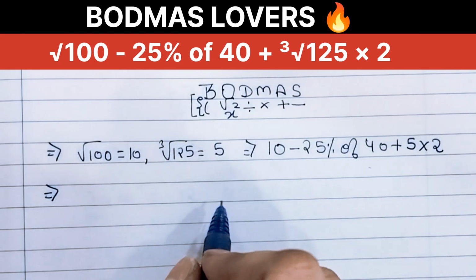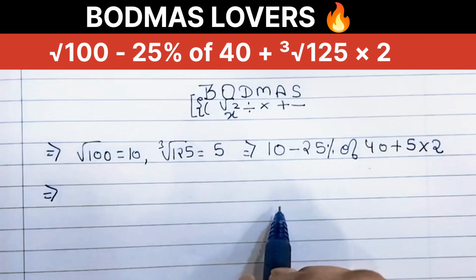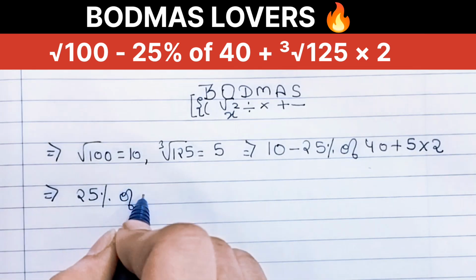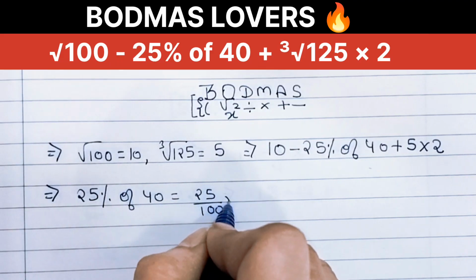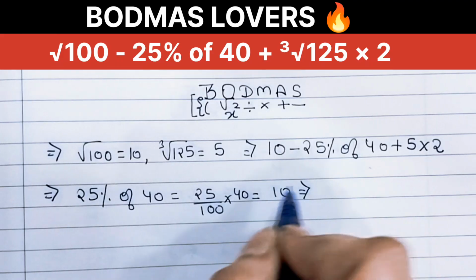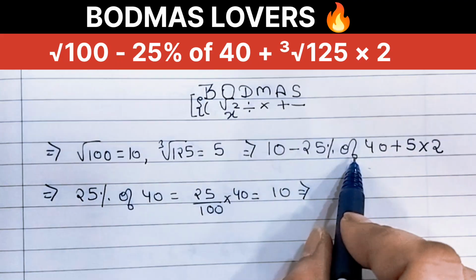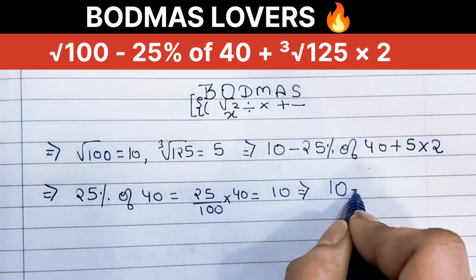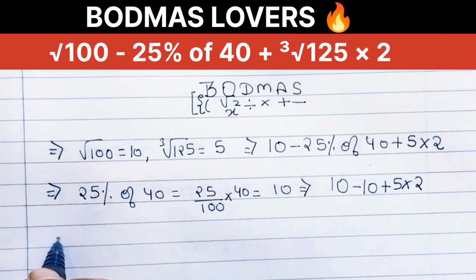Now, according to the next step, solve the "of" percentage, which is the O in BODMAS, orders and "of". So now, 25% of 40. Solving 25% of 40 is 25 upon 100 multiplied by 40. Cutting down the values, we get 10. According to this step, the word "of" represents a direct multiplication grouping that takes priority under the O phase. Now the current expression becomes 10 minus 10 plus 5 multiplied by 2. Move to the next step.